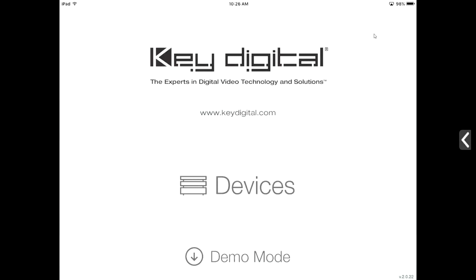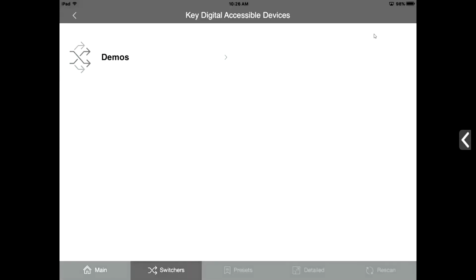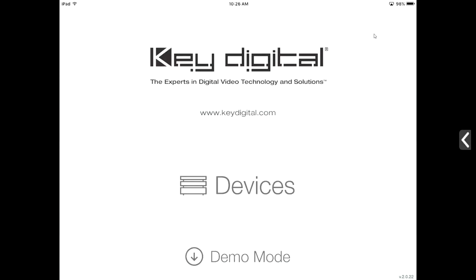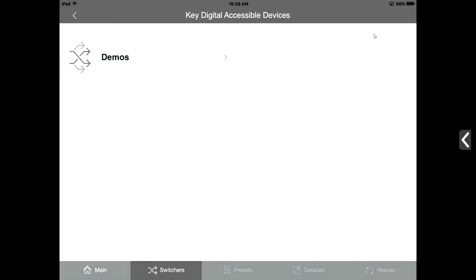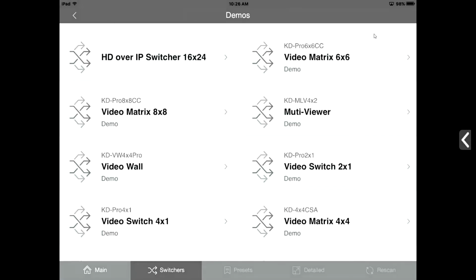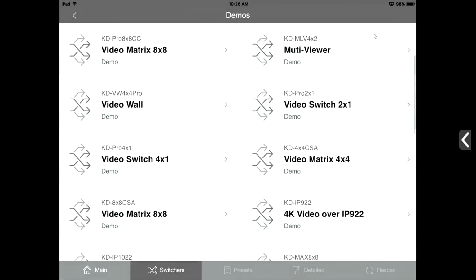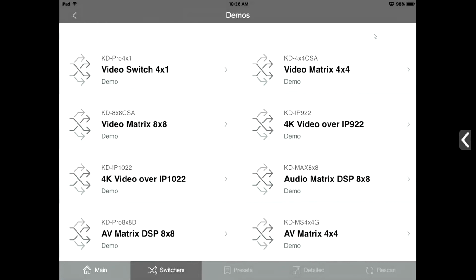But one of the craziest things that some of the other sales guys use and we use, if you go back to the main screen, there's one that's called demo mode. If you go through and touch on demo mode, there are several of our products in here to be able to show something. It's not going to control something, but at least it'll show us some of the functionality. So one demo that I like doing all the time is our 4K video